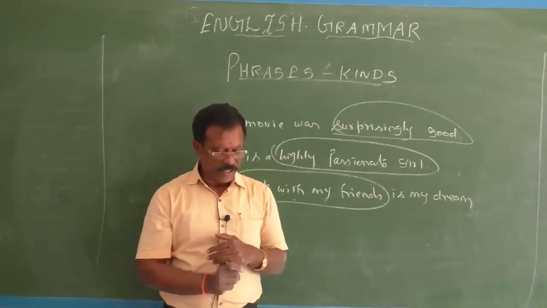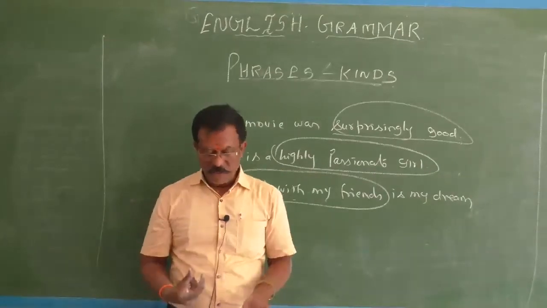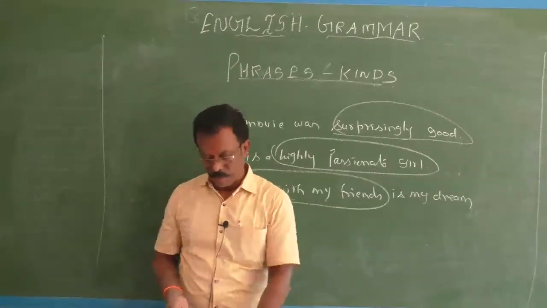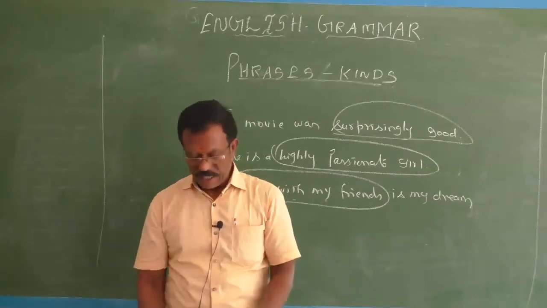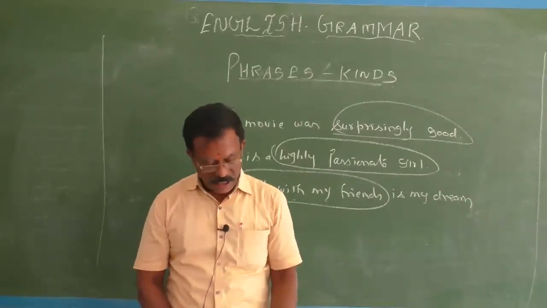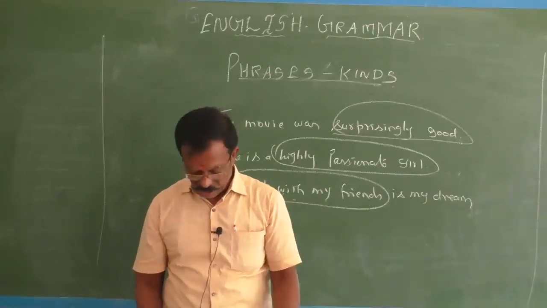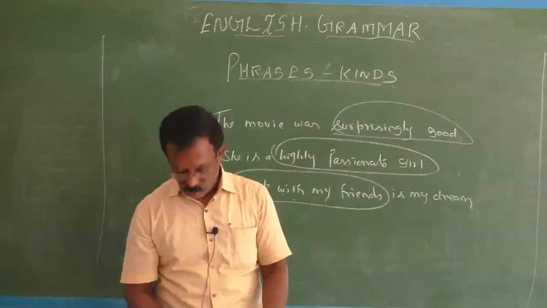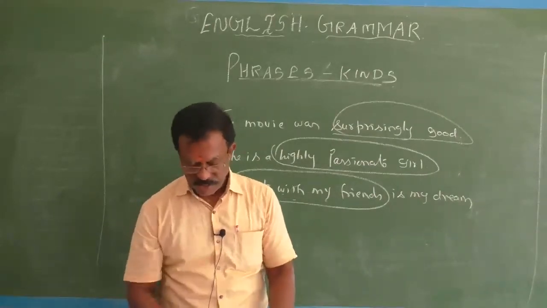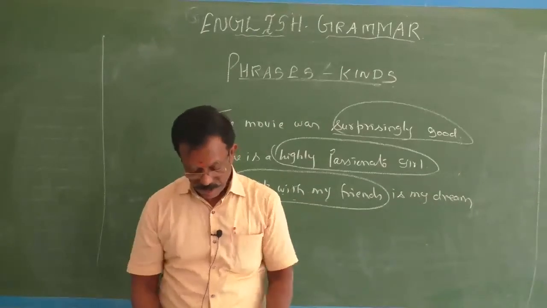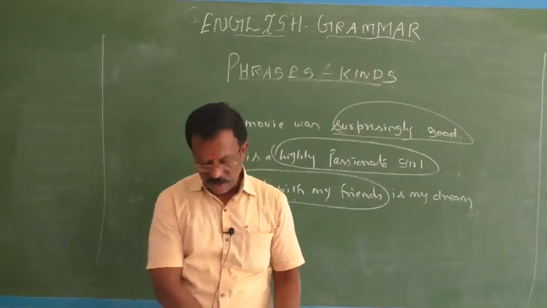And more than that, an adjective phrase can be derived from adjectives. That you have to keep in your mind. An adjective phrase can be derived from adjectives. Sometimes adjectives can also be expanded into adjective phrases. You might have learned so many examples in your classes, and you might have been given so many examples by your teachers. For adjective phrases I will give you one or two examples of how it is derived.